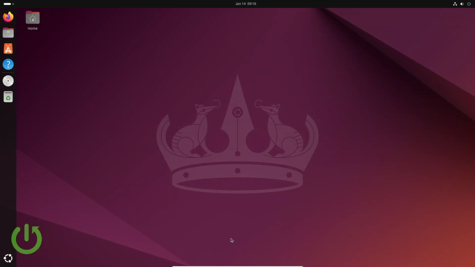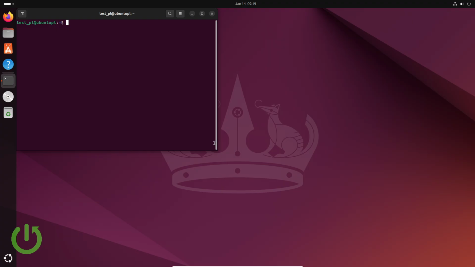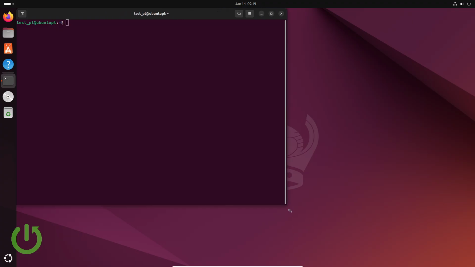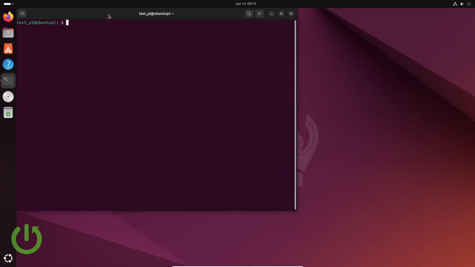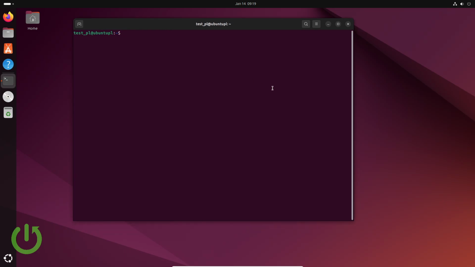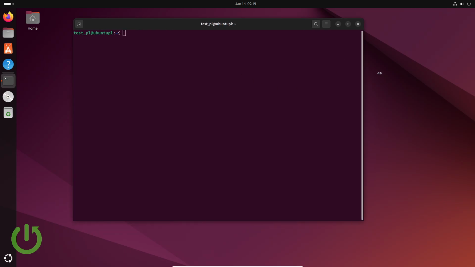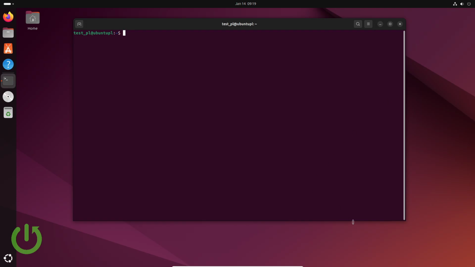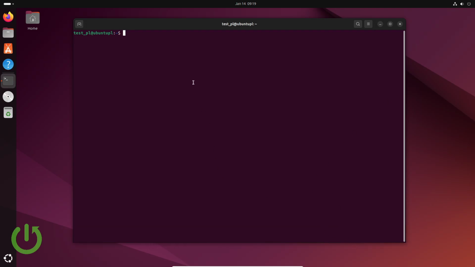So at the beginning I will open the terminal, and what are the date and ncal command used for? Ncal command is used to display calendar, and date command is used to display current date, and I will show you how to use it in a simple way, and I will show you some options. So at the beginning we will start with date command. So date command by default